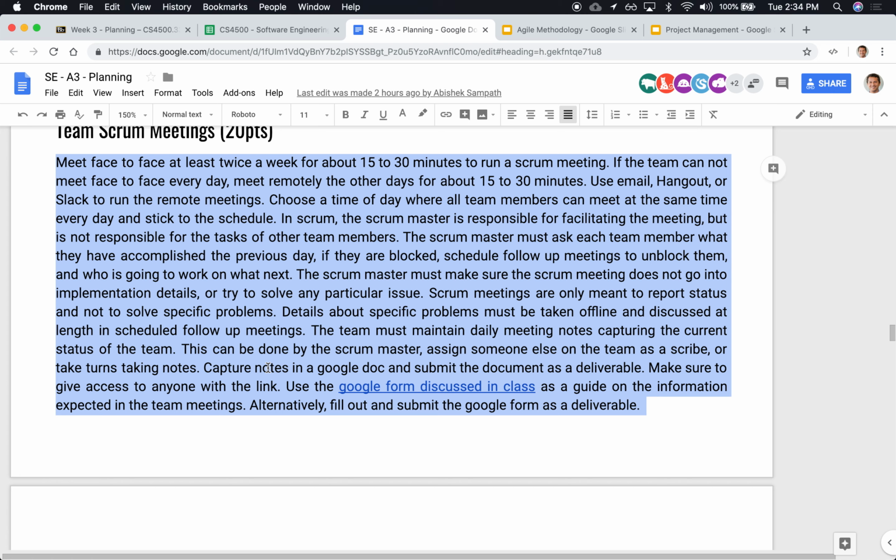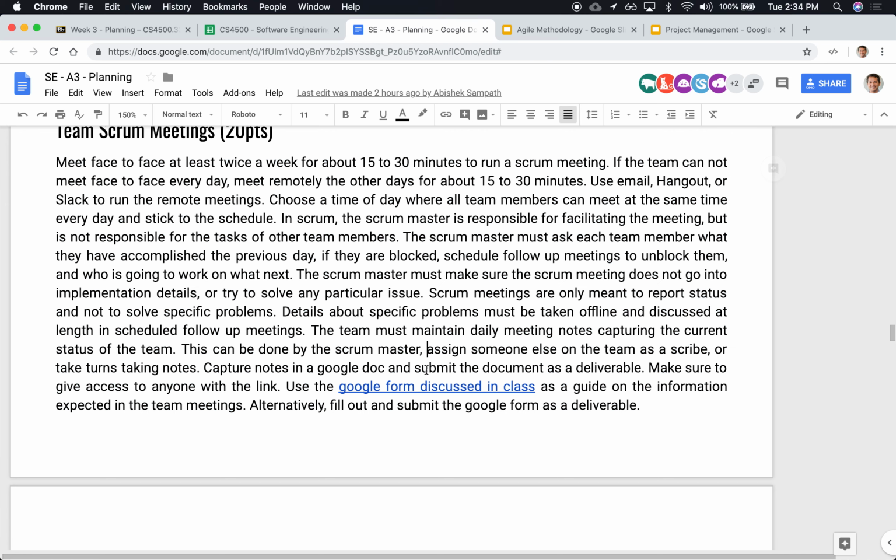For each team member. This can be done by the Scrum Master, or you can assign somebody to be a scribe to keep track of the team meetings, or each person can send a quick message on Hangout or on Slack. This is what I worked on. This is if I'm blocked. And this is what I'm working on next. And you can just copy this and paste it into the team notes. And we're asking you to either share with the TAs and myself a Google document where you